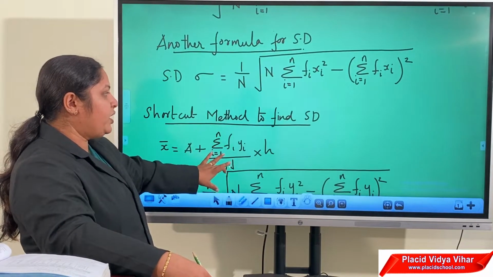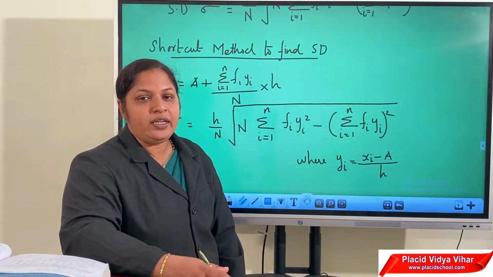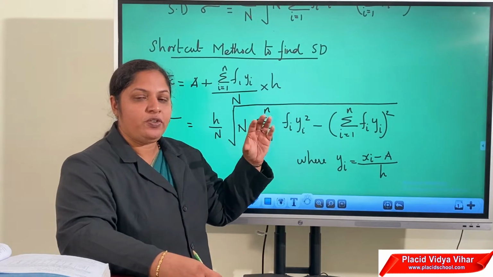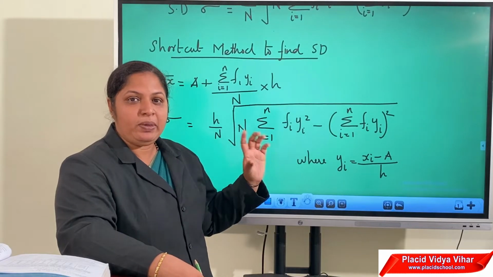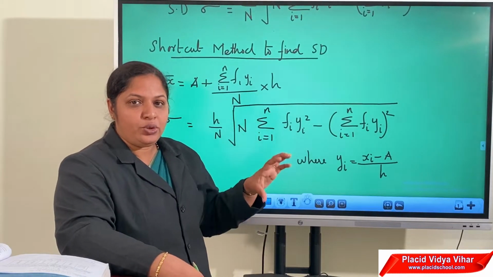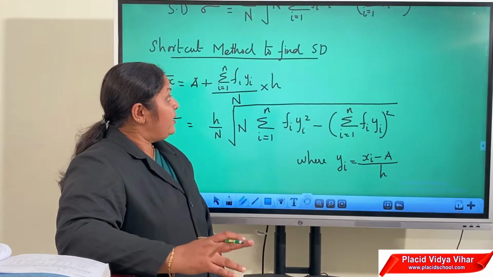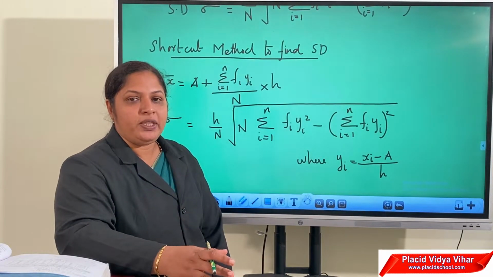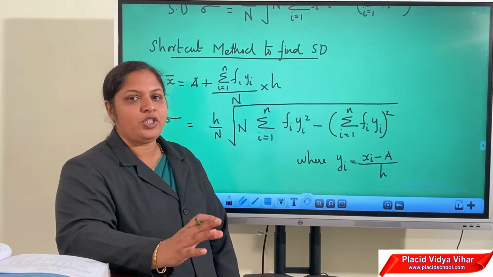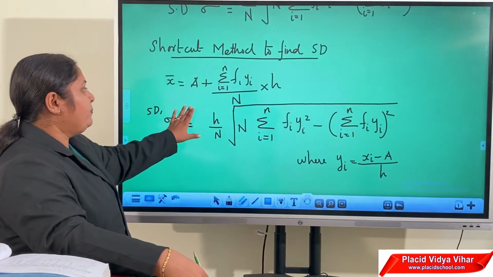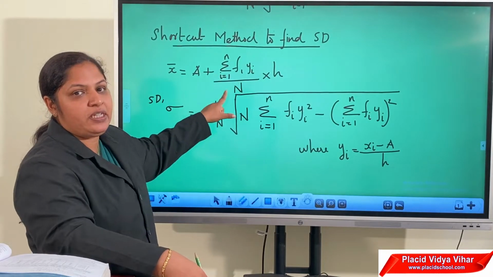Now, as we have learned in mean deviation, there is a shortcut method to find the standard deviation as well. When the data observations are high, or for continuous data distributions, the observations may be very big, so the calculations will become more tedious. Then we consider the shortcut method, or the step deviation method, to find the standard deviation, very much similar to that of mean deviation. Here x bar or mean we find using the same formula we discussed in mean deviation,